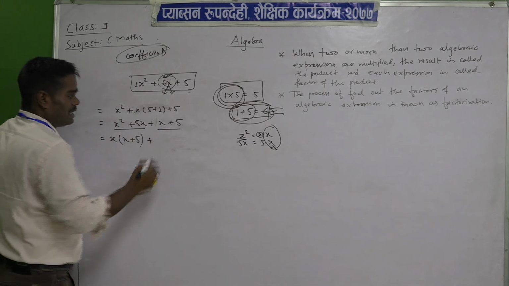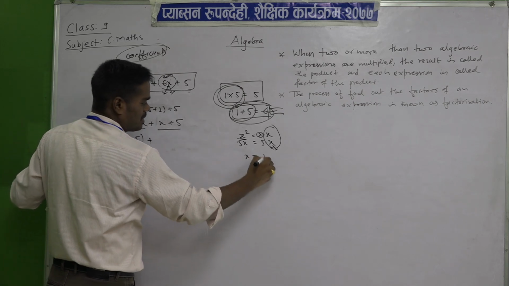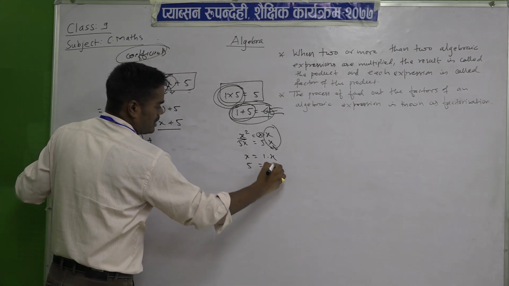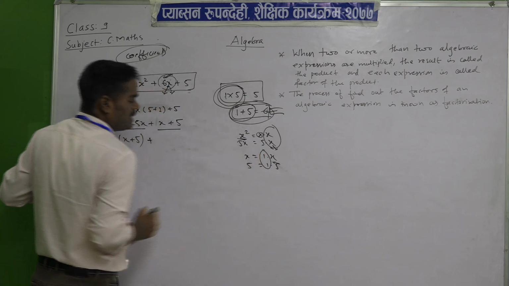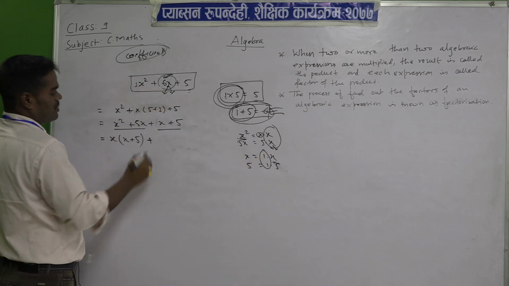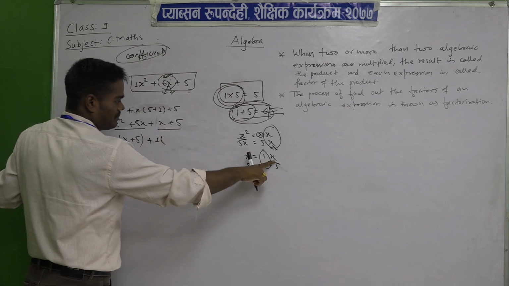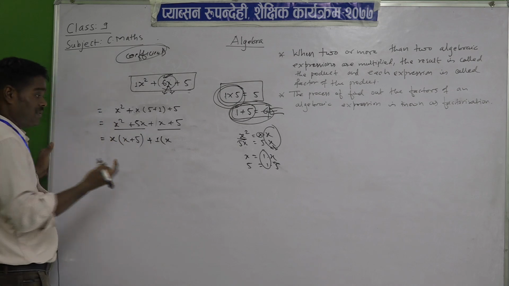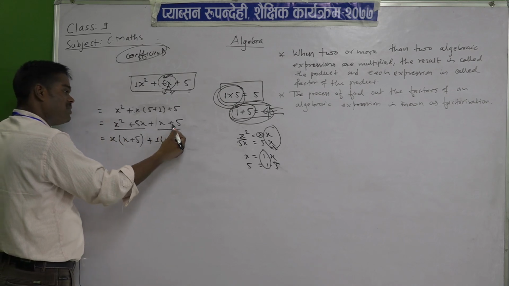Again plus, see here these 2 terms. What is your first term? x, x means 1 into x. 5 means 1 into 5, the factor of 5 is 1 into 5. What is common here? 1. So here you have to take the common 1. So 1 is common. What is left here? See, in rough, x, and then after, be careful, after taking this common, this sign always multiplies this sign.